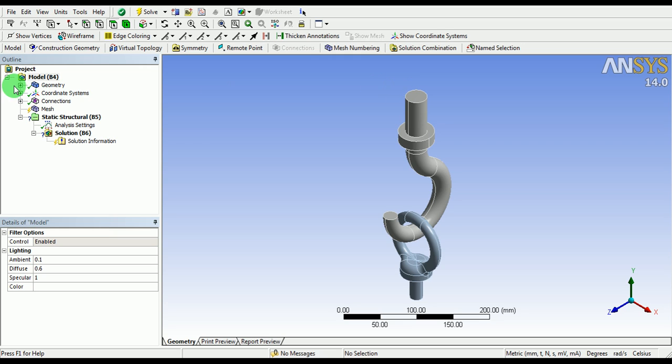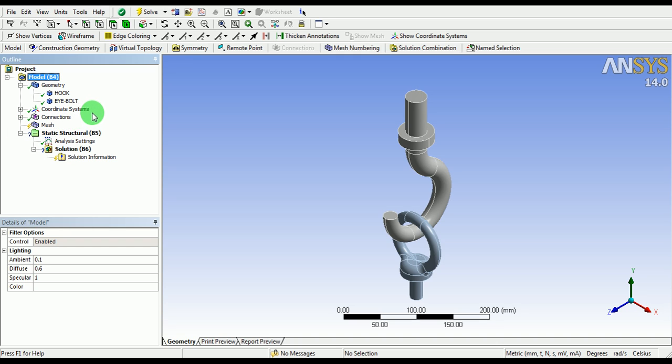There is no questionable connectivity or questionable remarks or comments in the geometry. You can observe the question mark here, which means the definition is incomplete for the static structural, that is boundary conditions and loading. The solution has a question mark, which means the solution is not yet obtained. The mesh is not updated.